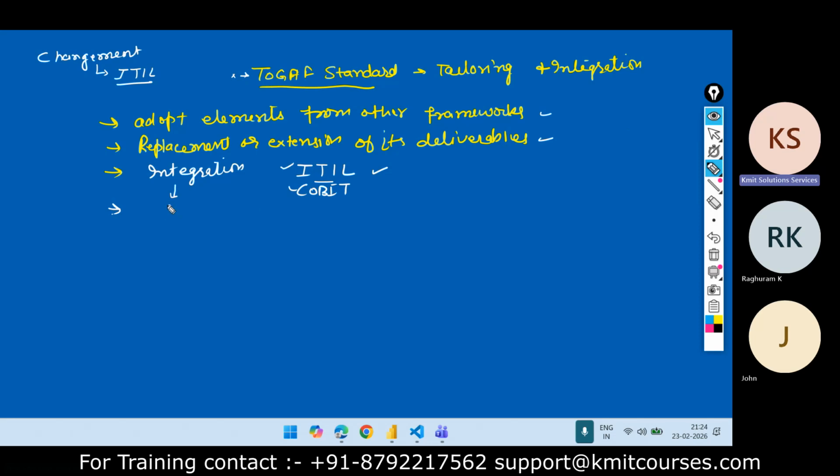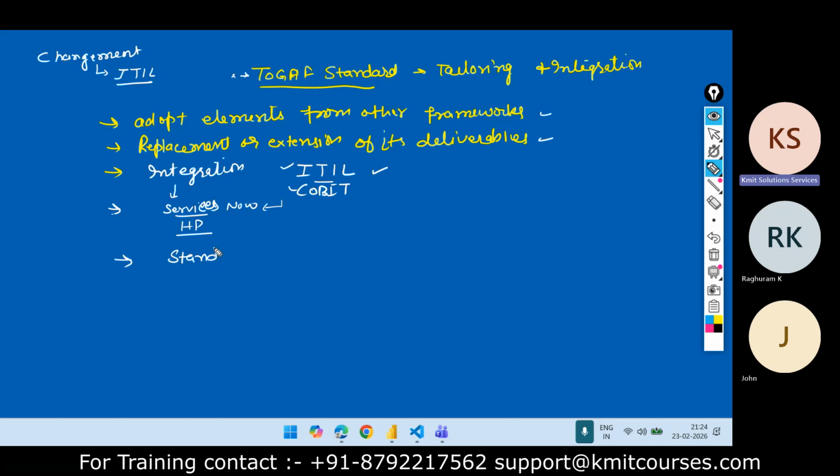So say, for example, I'm using ServiceNow for the ITSM process, and you are using some other tool, HP tools, right? So whichever is the standard and suitable to your organization structure, you need to use that one.